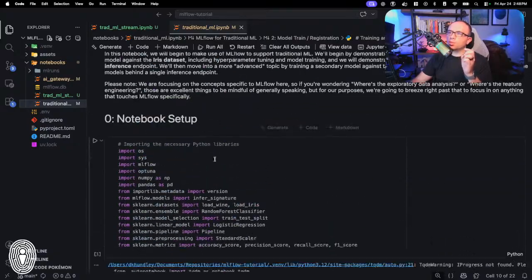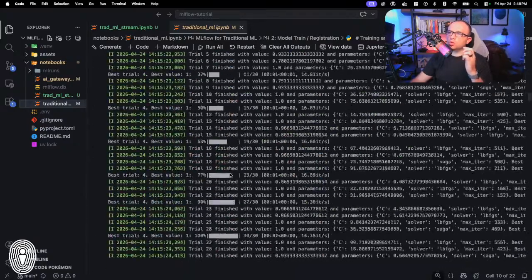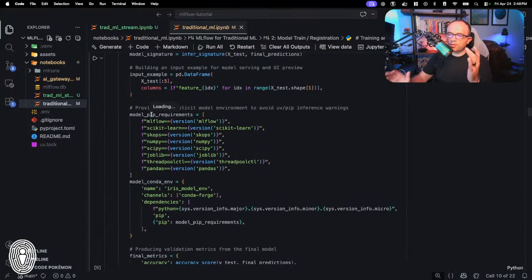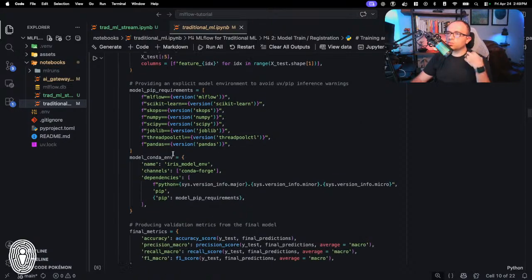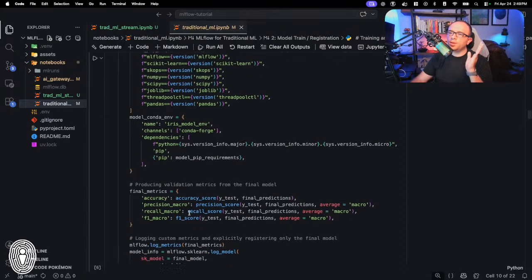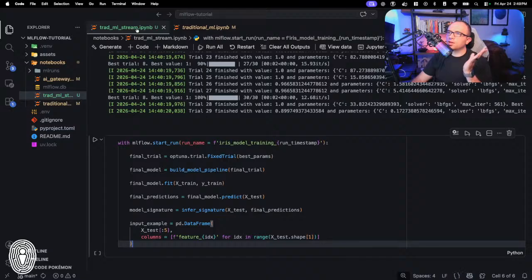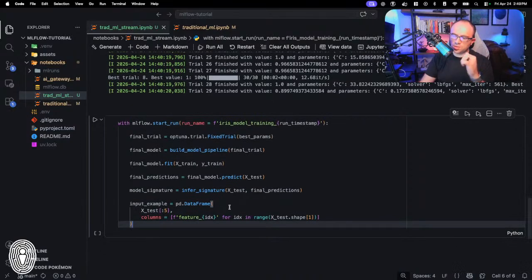That was this weird thing that we imported here. You might recall this importlib metadata version. That's what this was. So let me scroll back down here. If I wanted to be very specific, instead of having MLflow infer what it thinks are the appropriate dependencies, we can hard code them this way. You can see I'm hard coding all these different versions. And we can take it a step further, and if we want the conda-forge environment to be a very specific way, this is how we would do it. I'm going to be a little bit lazy here and skip that portion, but let's continue on with the code anyway.